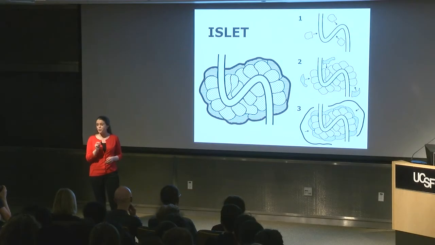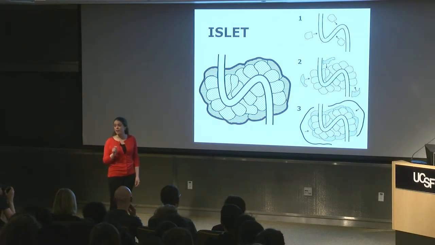So I hypothesize that the difficulties we're having with building functional islets come not from not having the right cell types, but rather are the result of not turning those cells into the right tissue structure. So if that's the case, it's not surprising. I mean, it's not like we have an instruction manual for how to assemble cells into functional islets. And have you ever tried to build IKEA furniture without an instruction manual? Yeah, pretty much impossible. So I'm writing an instruction manual for how to assemble cells into functional islets. And it has 2 parts.